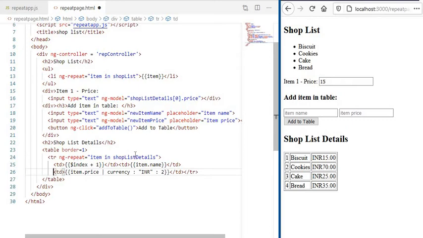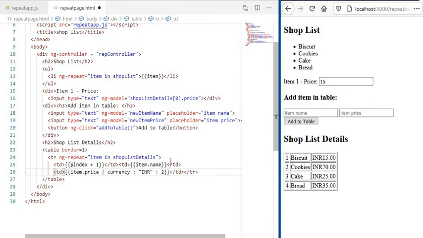So in shopListDetails, we already have 4 items. Each and every item is displayed one by one with the help of this tr and td set. In the first row, the td has $index, that is initially 0. So 0 plus 1, it is displayed as 1. And the second item is item.name. Here, earlier I used just item in the top, whereas here I have used item.name and item.price.